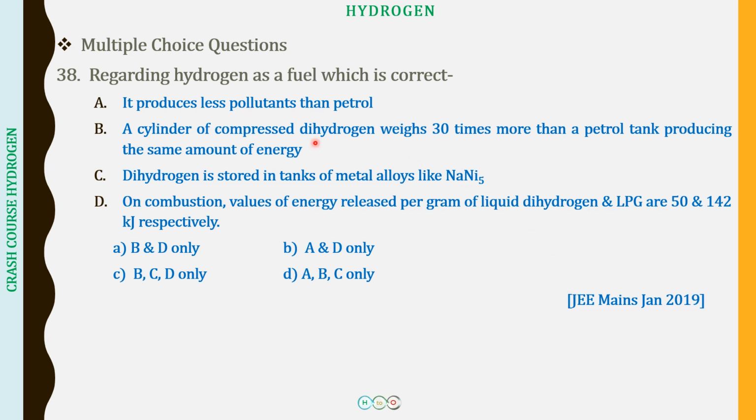So this is related to the use of hydrogen as a fuel. There are going to be certain advantages which make hydrogen a potential energy source for future generations. The advantage it has is that first of all, it is going to cause minimal pollution, we can say, as compared to the conventional sources of energy. And why we are saying minimal pollution is because if we just talk about the combustion of hydrogen, it is going to be H2 plus O2 forming water, so there is going to be no pollution.